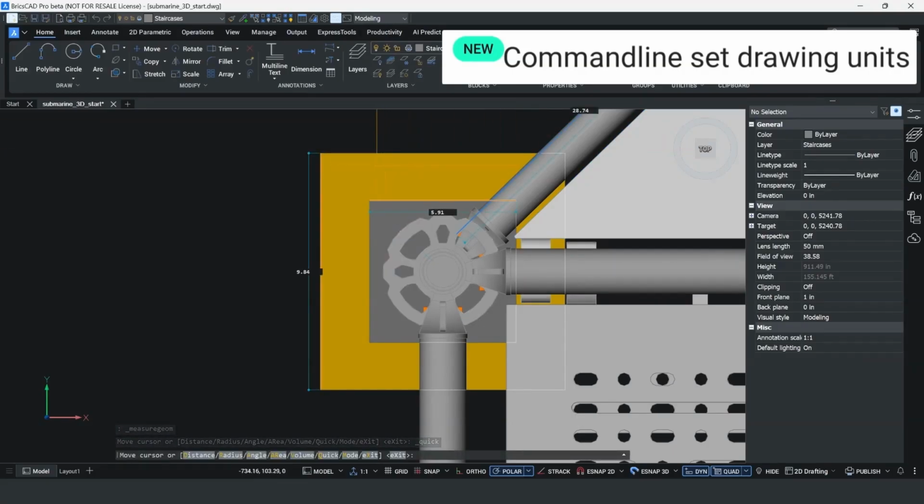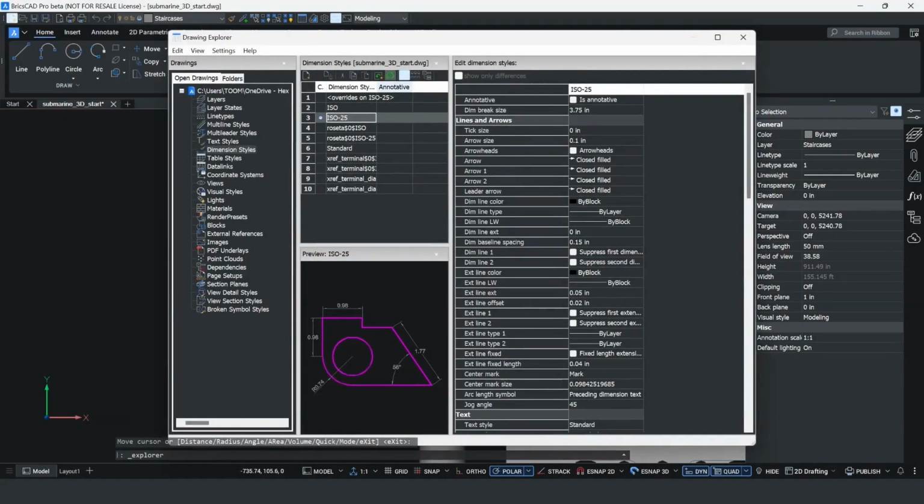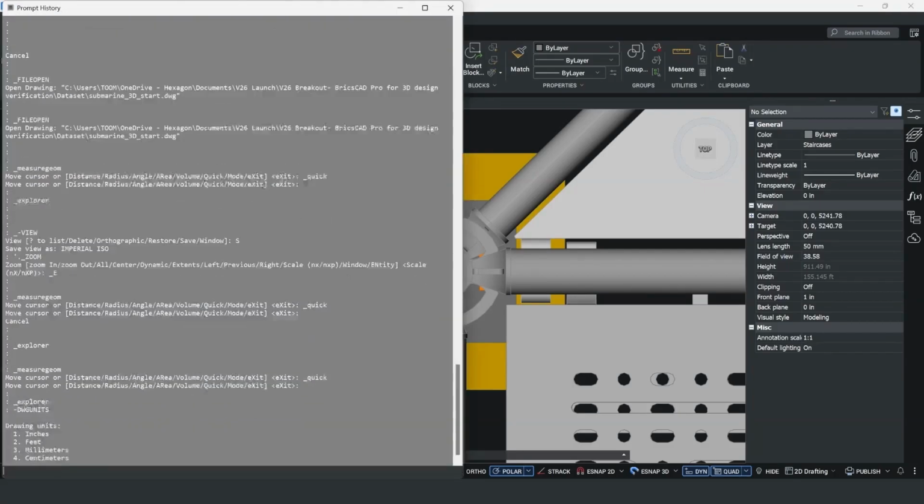And on the properties tab on the right hand side, I've got a pretty good idea that the dimensions are in imperial. I'm just going to double check through the Drawing Explorer to check the unit types are currently in inches, which they are. So what I want to do is change this. On the command line, if you click and type in DWG units, you'll notice now, once I've run the command,